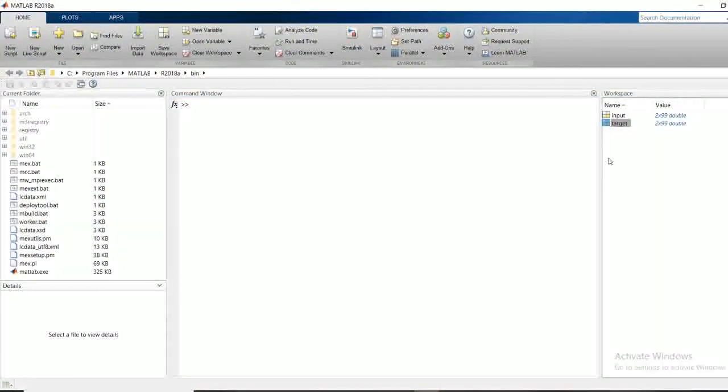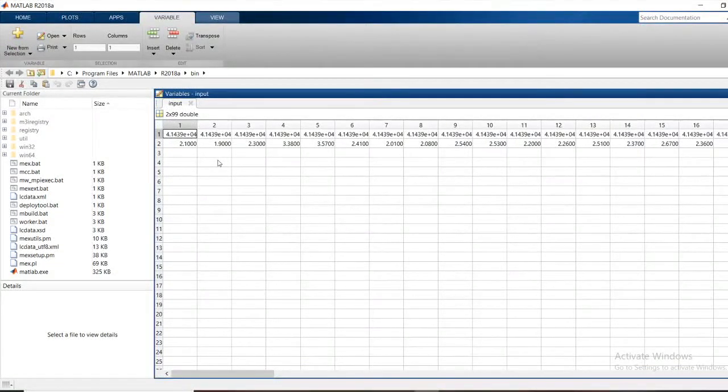Cancel it now. Again create a new variable in the workspace as a sample, to help the machine understand the input data. So go for input, double click, the data has been opened now. Select any of the columns, the first column, or you can select many columns.